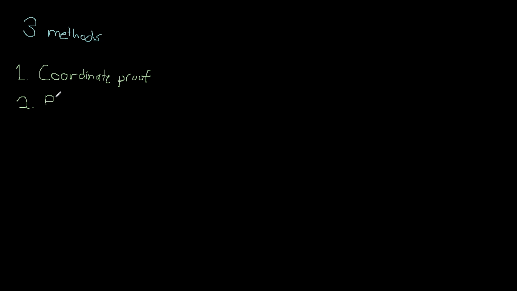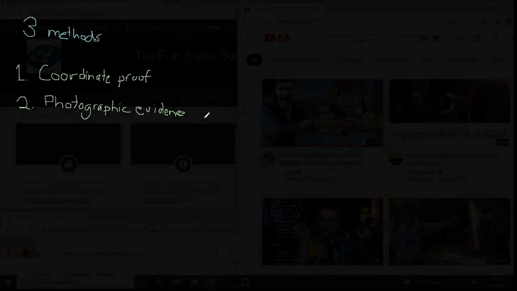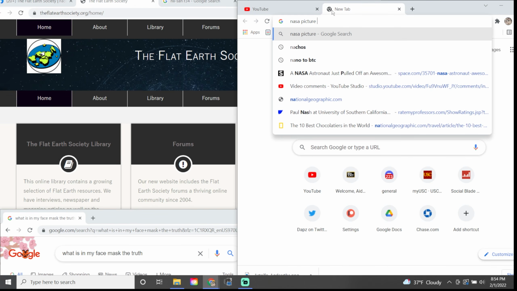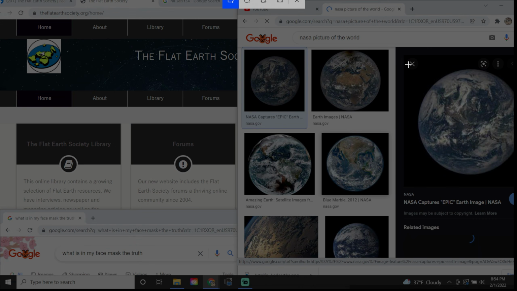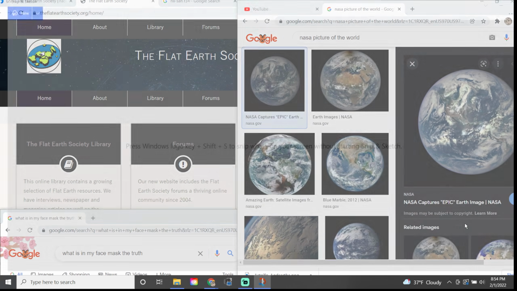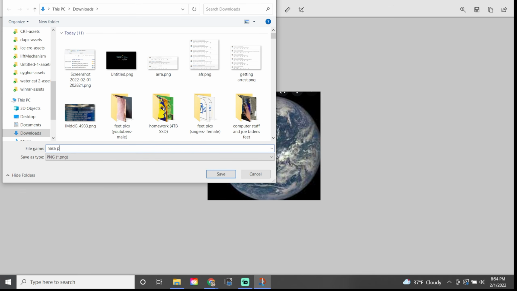Now the second proof we will be using is called photographic evidence. For this, I'm going to take one of NASA's images of the globe. If you don't know, NASA is one of the main groups trying to cover up the fact that the Earth